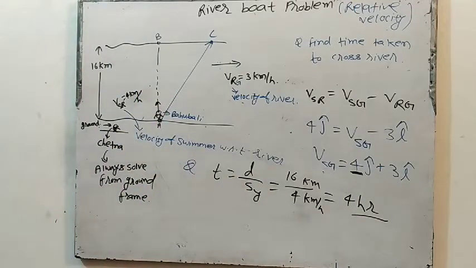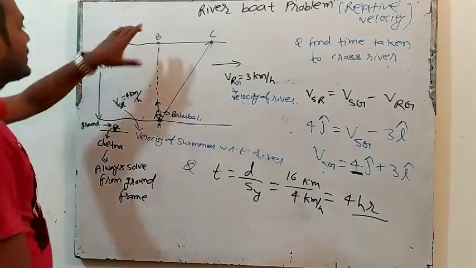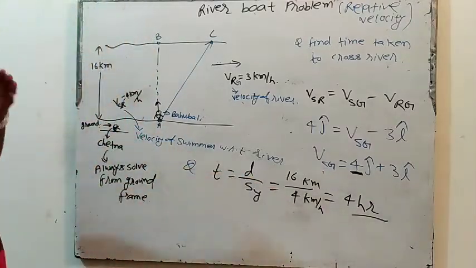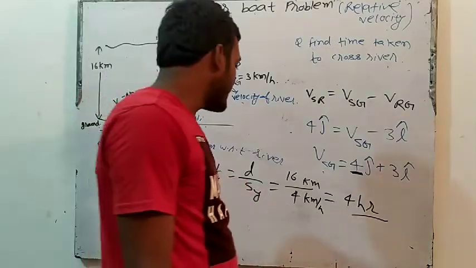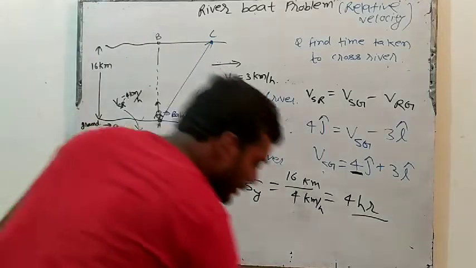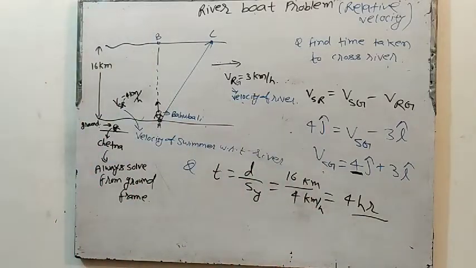We have to take velocity in y direction, because Bahubali is going in which direction? In y direction. And you have to take distance also of y direction. So width of the river is how much? 16 km. So the answer will be how much? 4 hours. But the question is not finished. First react up to this. Then I will take the second part of the question.